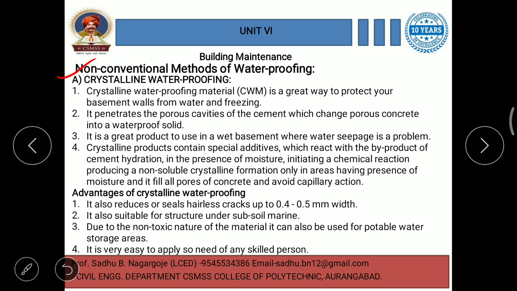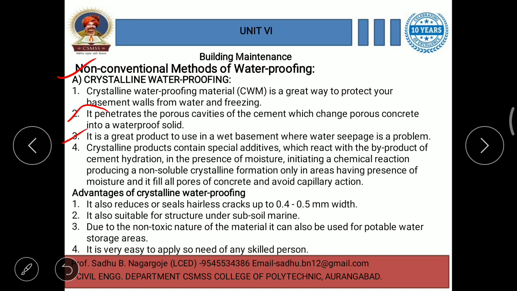Then non-conventional methods of waterproofing: crystalline waterproofing. Crystalline waterproofing material, CWM, is a great way to protect your basement walls from water and freezing. It penetrates the porous cavities of the cement, which changes porous concrete into a waterproof solid.